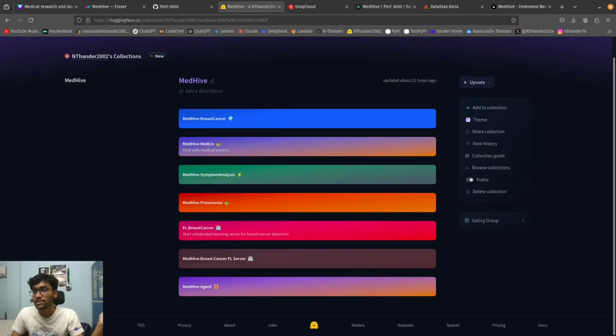Apart from that, tech stack wise, for the front end we have used the Next.js framework. For the back end, we are using different frameworks depending on what kind of model we are using, and all of them are deployed using Hugging Face. Now, coming back to the backend side of things, whenever we are making a model for detection of X-ray images, especially for this